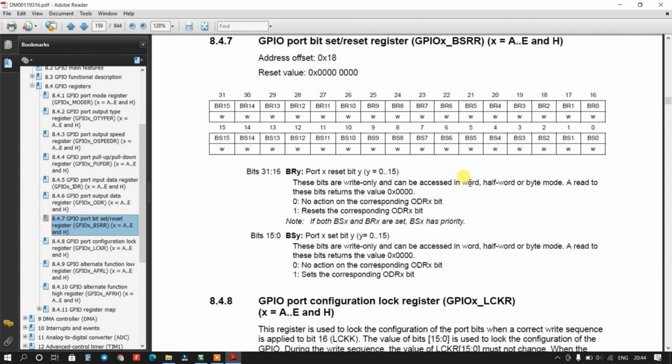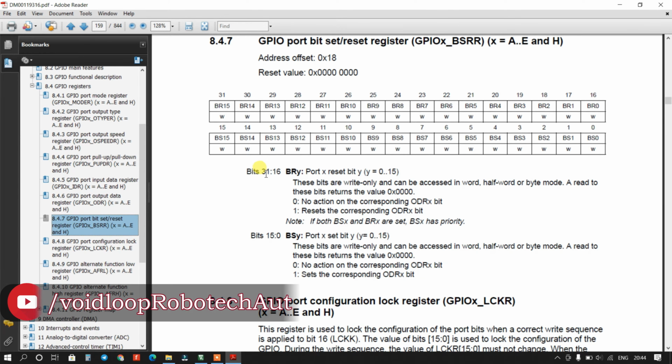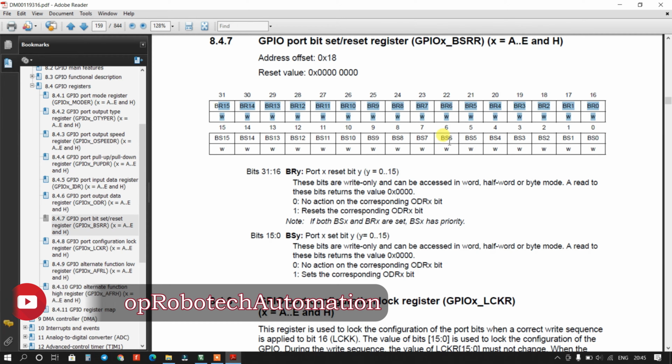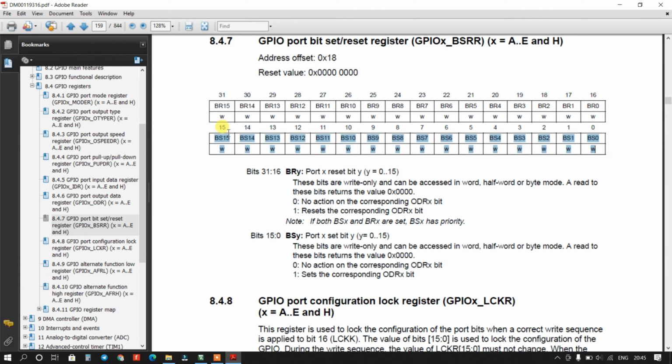Okay, this is the BSRR register. So you can see bits 16 to 31 are for reset. So these bits are reset bits and these bits are set bits. So you can see here bits 0 to 15 are set bits.